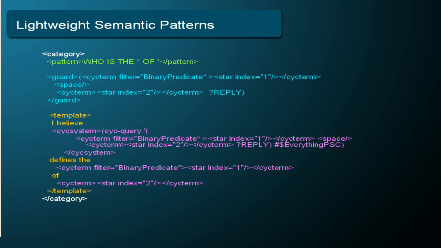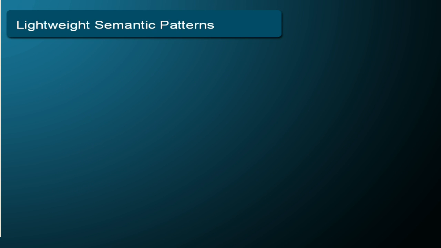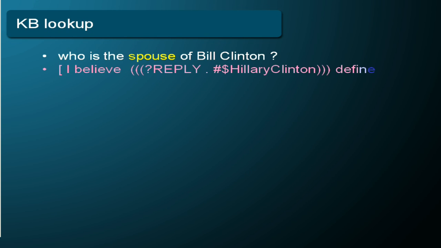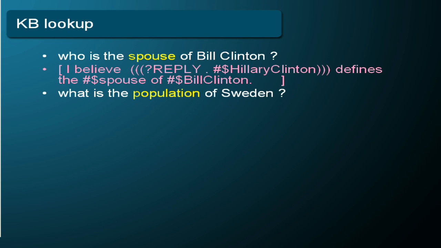You can use Psych to help recognize patterns and also to generate replies. Here we have a category that handles all questions of the form, who is the attribute of something? This could be, who is the President of Sweden, or who is the mother of John. Here are some examples using that category. Note that the version of Psych used did recognize spouse, but did not recognize wife. In the first case, it answered directly. In the second case, it gave a standard chatbot response.